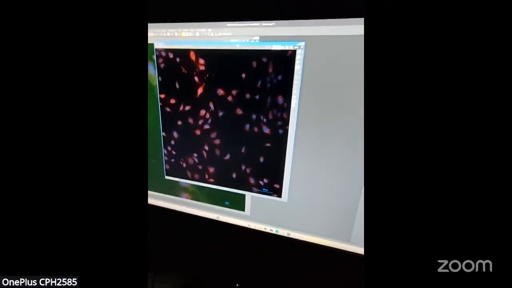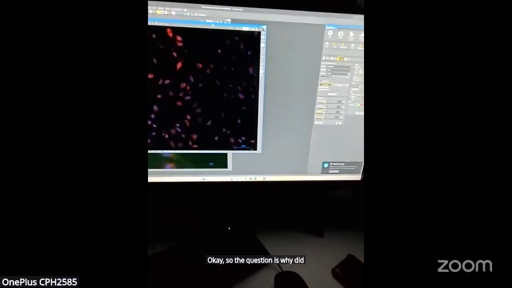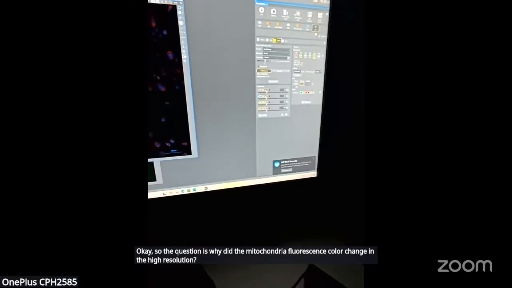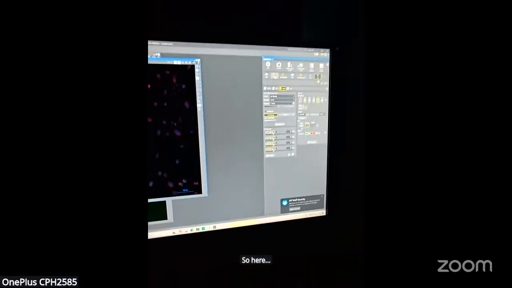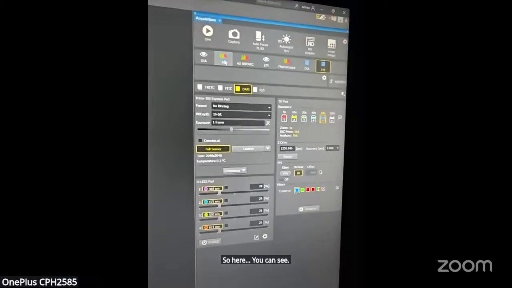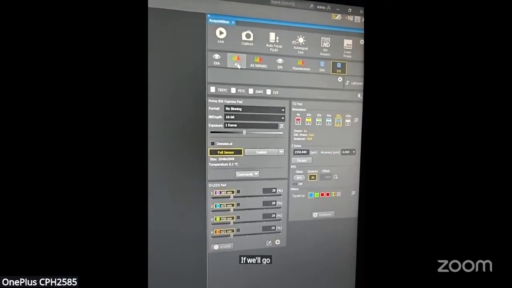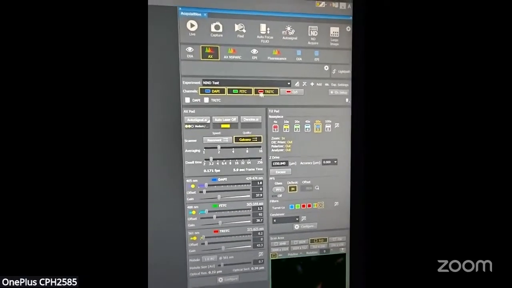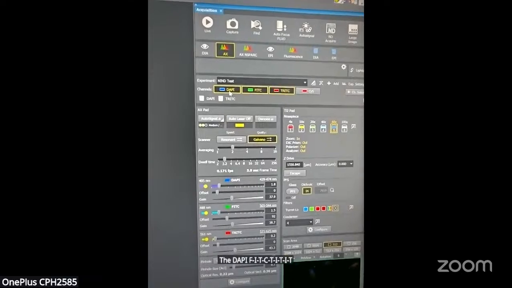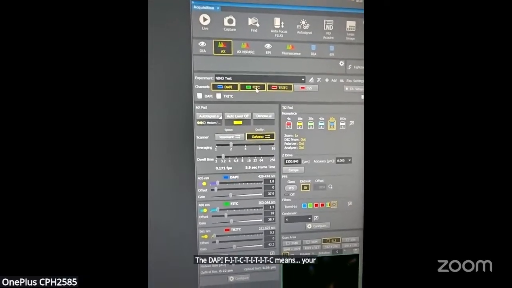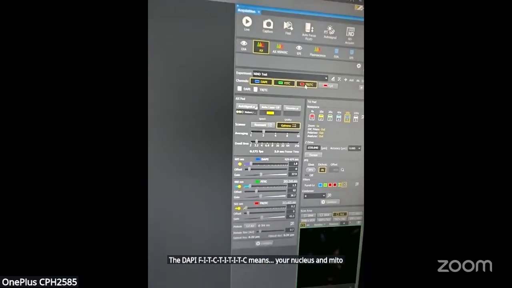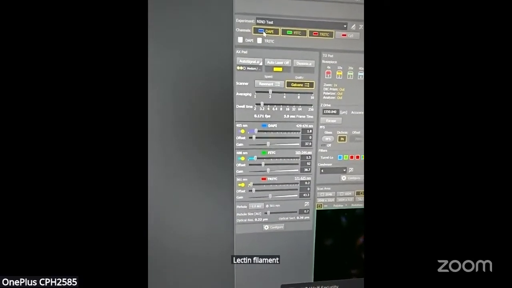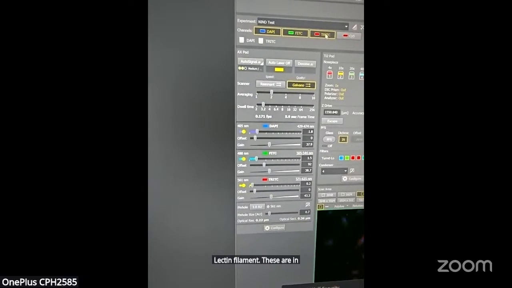The question is, why did the mitochondria fluorescence color change in the high resolution? Here you can see, if we go to the confocal mode, the DAPI, FITC, TRITC, meaning your nucleus, mitochondria and actin filament, are in blue, green, and red channels.